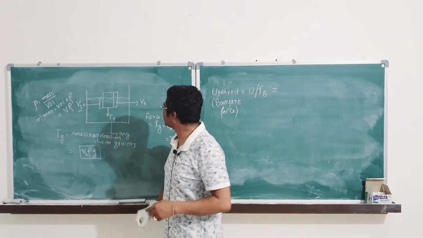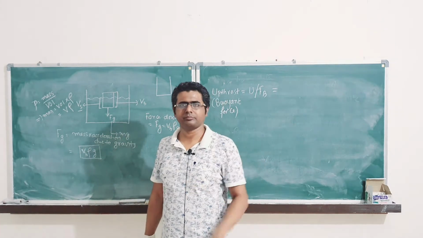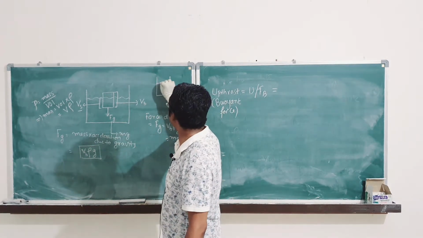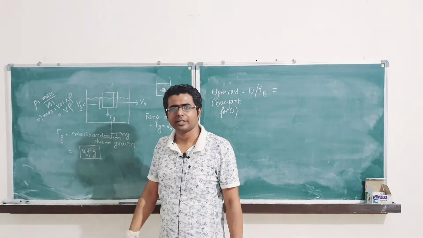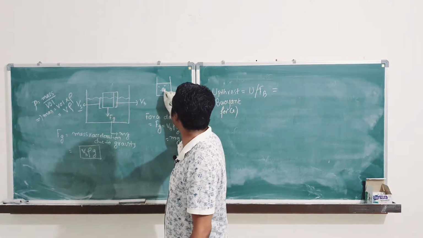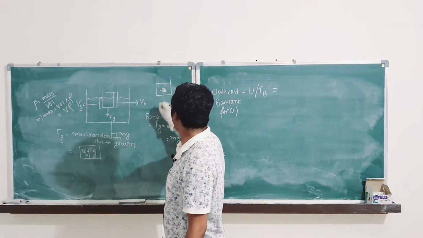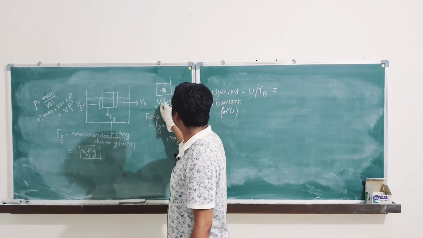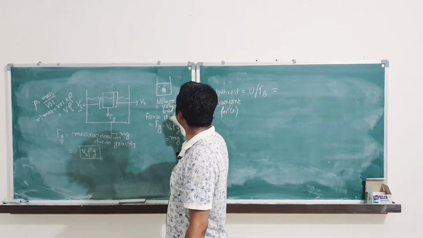I will give you a small example. You do one thing. You take a small body, say of 2 milliliter or 2 centimeter cube. There is certain water over here. So you put that into it. You will see a certain amount of level is rising. What will be the level rise? Level rise will be equal to the volume of the body. So volume rise will be equal to volume of body.